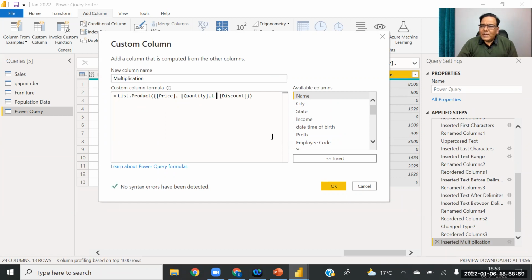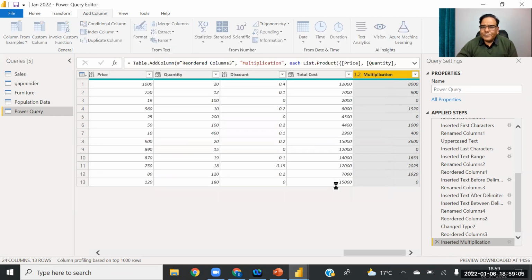So if I apply 1 minus discount, I will get my desired value. I click OK, and now I actually got what I want. In this way, we can also do this calculation.